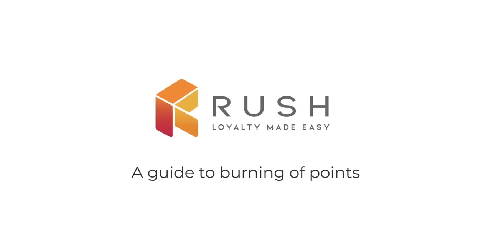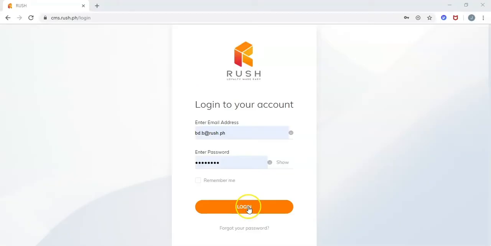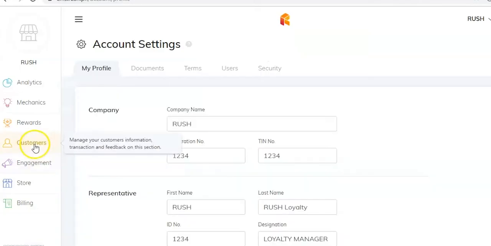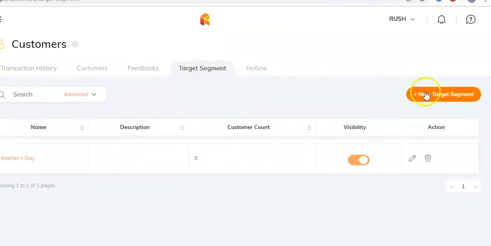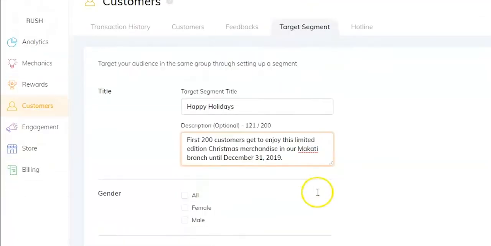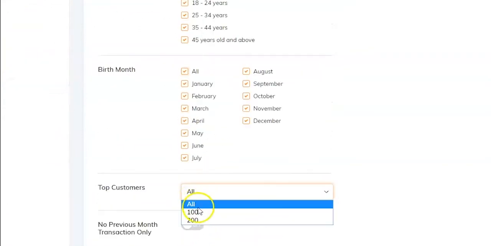Hello there! Did you know that you can also create Christmas-themed rewards campaigns? In this video, we'll show you how. Previously, we touched on how you can target the right type of customers. Using Target segment under Customers, you can target your audience based on gender, age, birth month, top customers, and customer